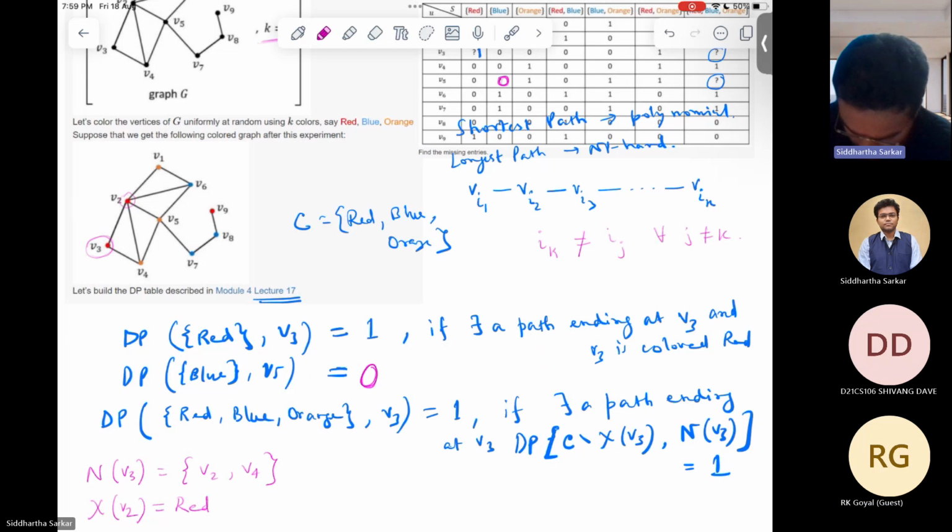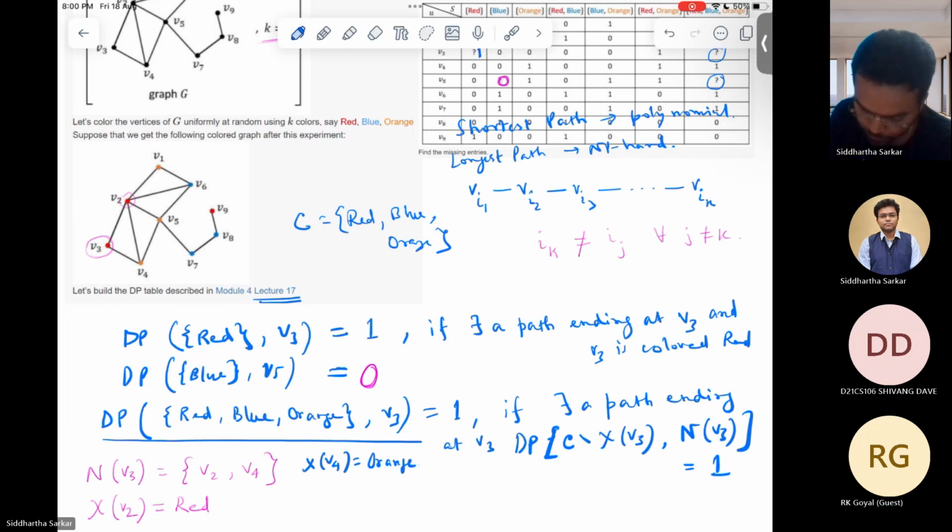Yes, now because the color of V2 is red, therefore the path we are looking for cannot come via V2 to V3. It has to come via V4. What is the color of V4? V4 is orange. Then we will set this DP value to true if the entry corresponding to V4,